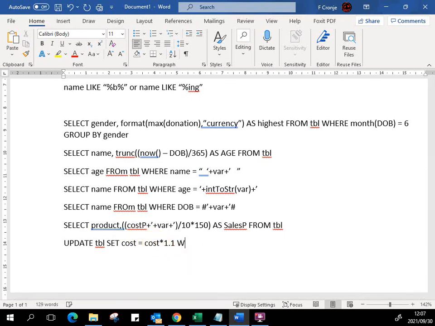And then you could have a where. It doesn't need to have a where. If you don't have a where, it will just do it with the whole table. If you've got the where, it will only do it with certain records. So you can update that particular table, set the cost to become cost times 1.1, where the cost was maybe less than 200. So now every item where the cost was less than 200, it will basically increase by 10%. Yes. If you want to update multiple